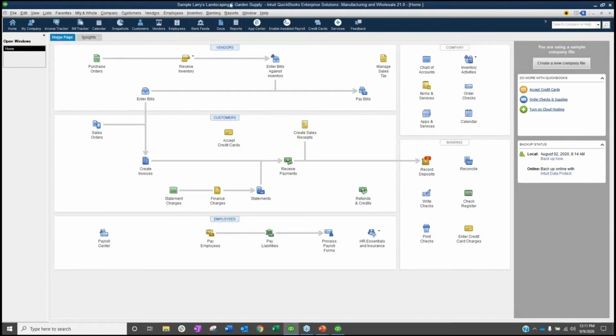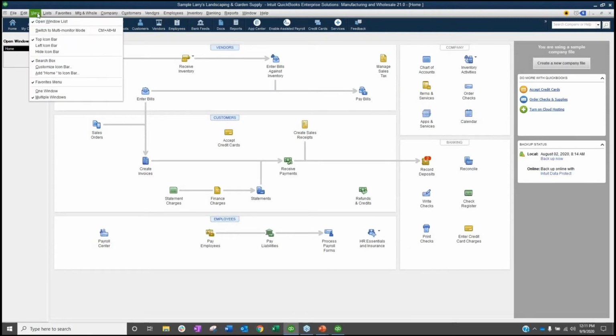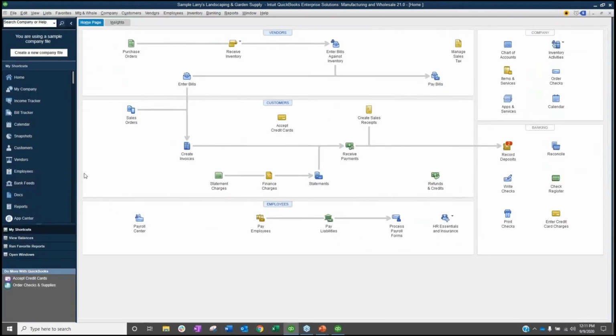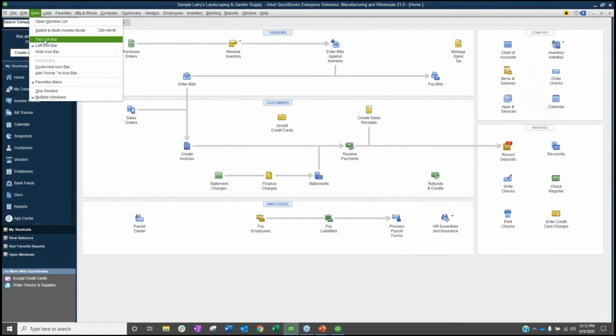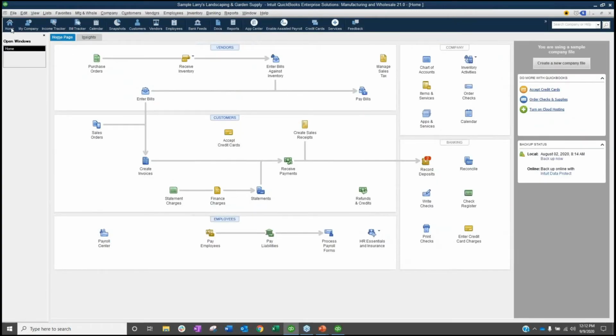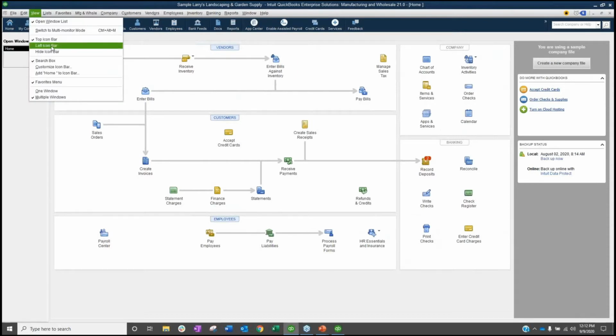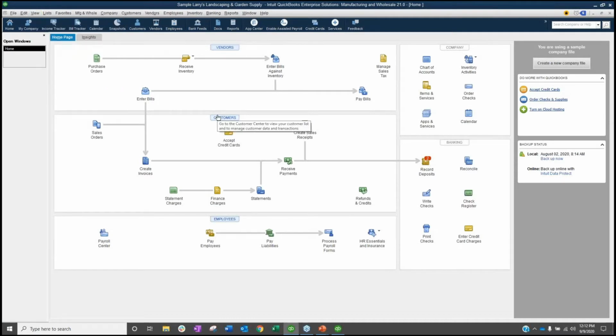So a couple things I always touch on, because QuickBooks, when you first log in, starts out with this left icon bar. If you're lost because of my view that I choose to use, I like to use the top icon bar instead. It's because I'm old school QuickBooks and I get lost with this side navigation bar. So if you're trying to follow along in your own, then you can come under the view here and hit that top icon bar. I do always suggest people follow along if you have the ability to, especially for the pro advisors who downloaded the new software yesterday when it was sent out.